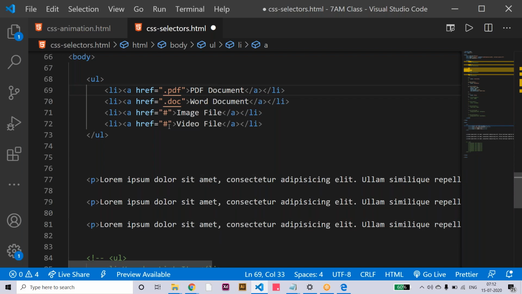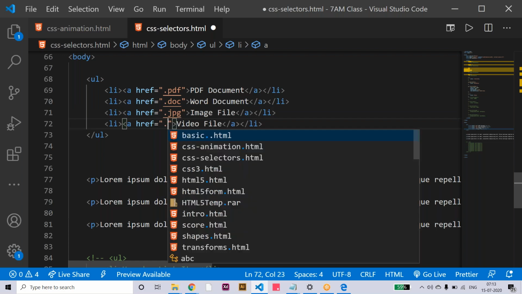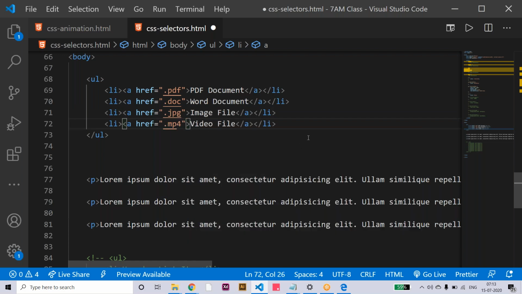Okay, and then here the third one is IMG. For example, IMG, you can say different format, like you can say JPG or PNG, or any other, like GIF format also we can say here. Okay, so here the fourth one is dot, like you can say MP4, like this. Okay, so using the file extension, you can target all these four elements and you can apply